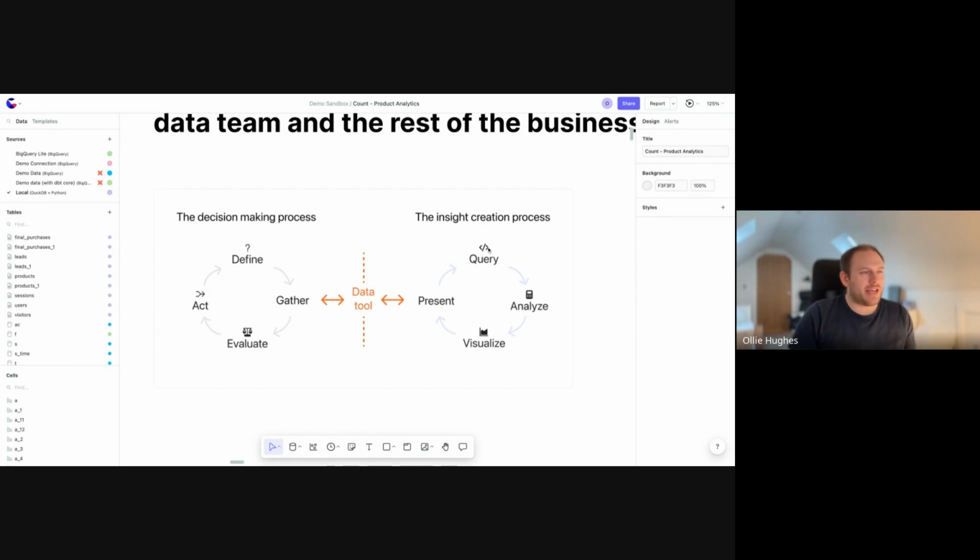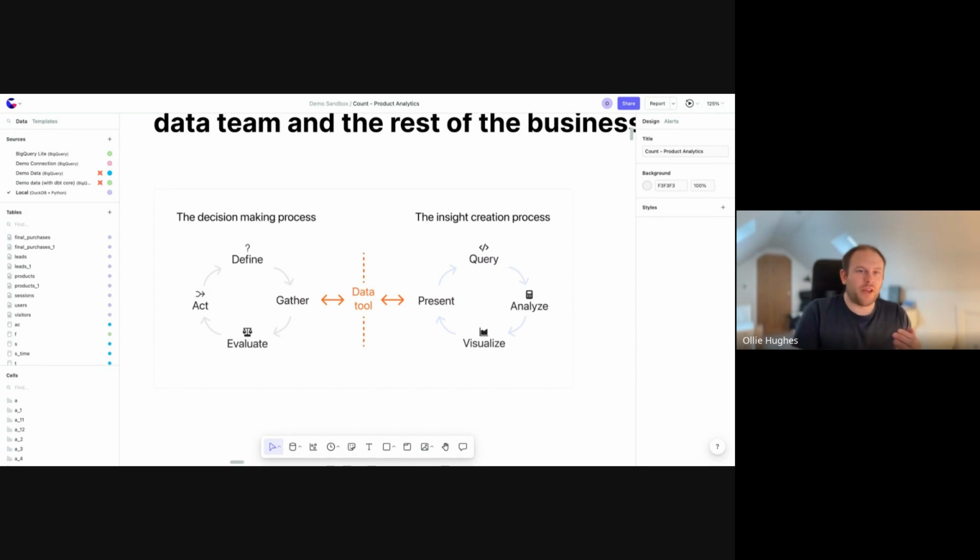And the data team, the data product analysts, are working in a tool which is very much designed solely for query generation, for chart building, a very task-orientated process. Building a chart, it's querying, it's analyzing, visualizing, and maybe presenting it in a dashboard. And these two worlds are very separate. In fact, the presentation layer of a traditional BI tool or product analytics tool actually acts, in our view, as a wall between these two worlds working.